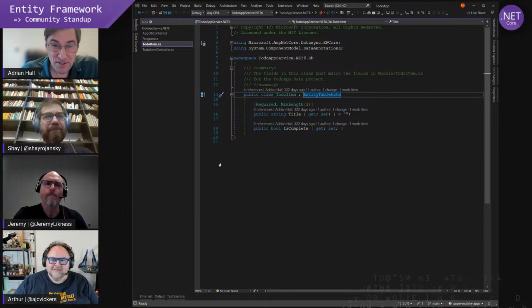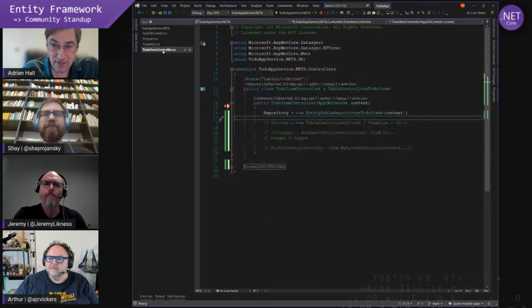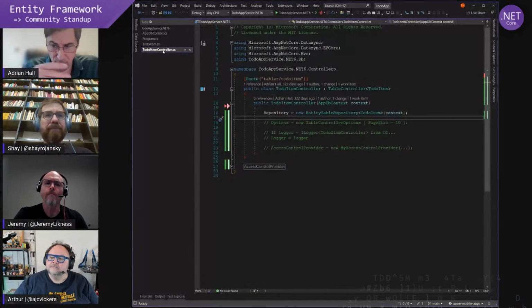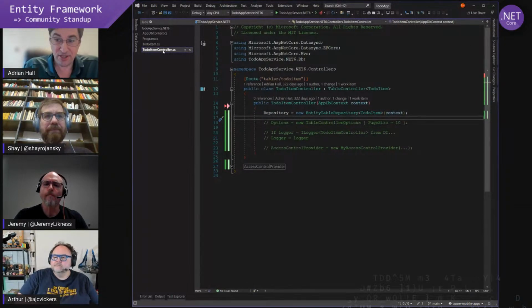Yeah. So that leads us on to the controller, and this is a complete controller. I'll get onto the access control thing, and you'll notice there's a couple of options that we can talk about. But the only thing that you need to do is set a repository, and that repository links Entity Framework Core to the patterns that we need.